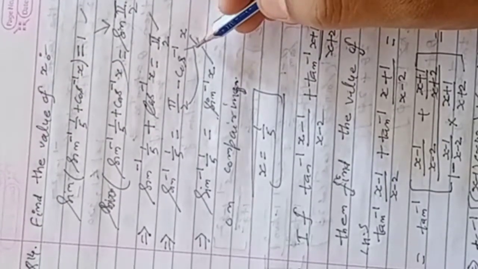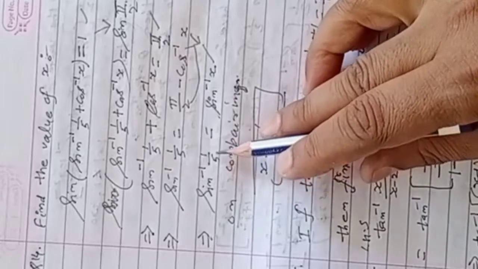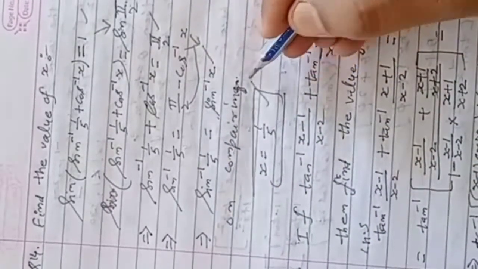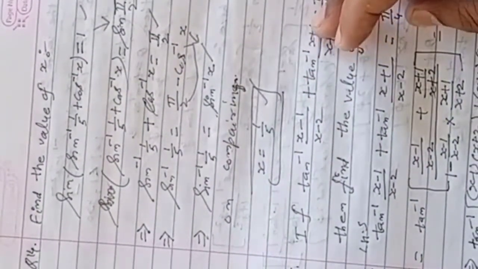This is a formula, so we will apply it. On comparing, x is equal to 1 upon 5 will come. This is our required answer. Now question number